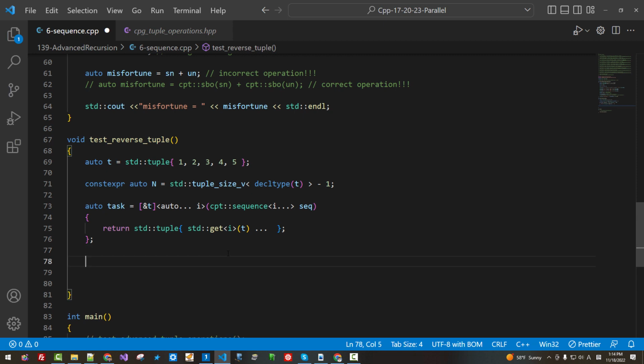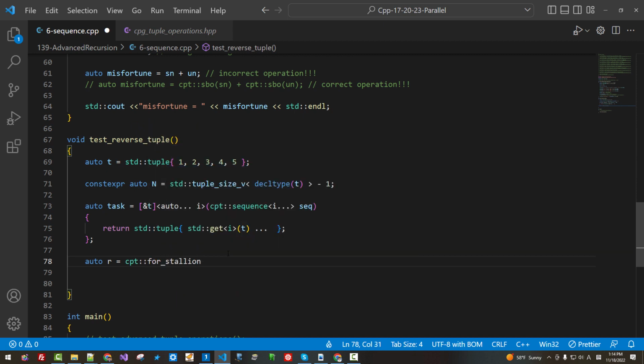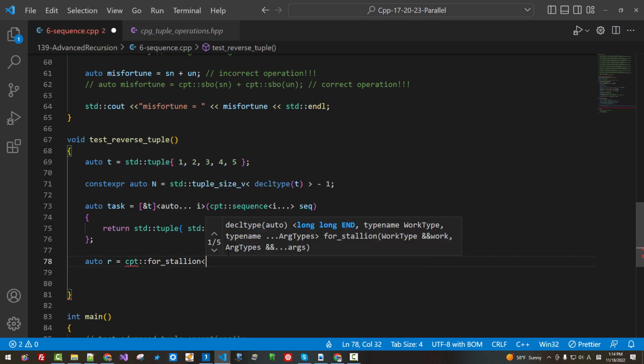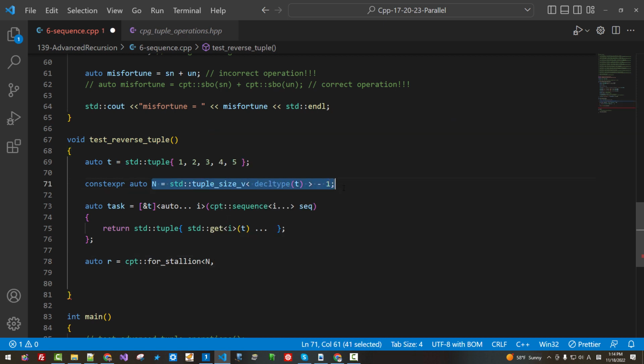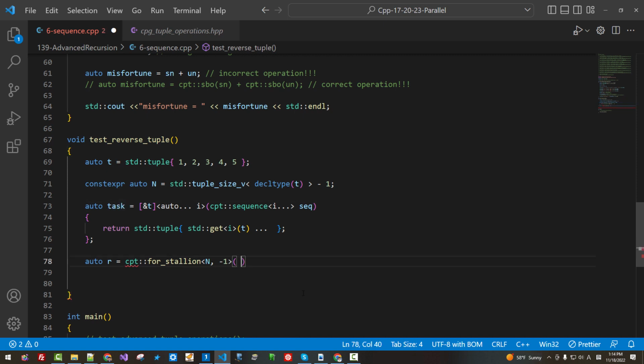Now here auto R CPT for stallion. We pass n is defined here. Then -1. We pass task here, semicolon,